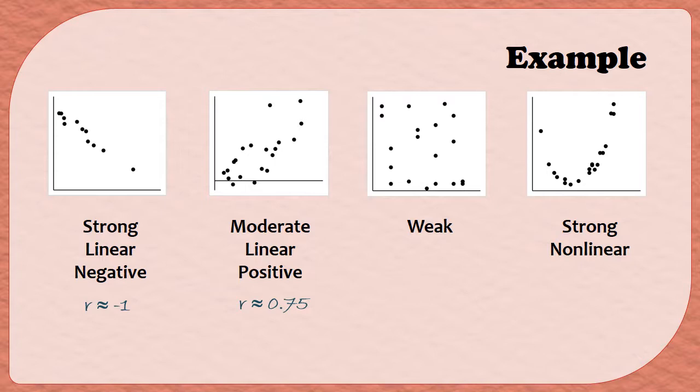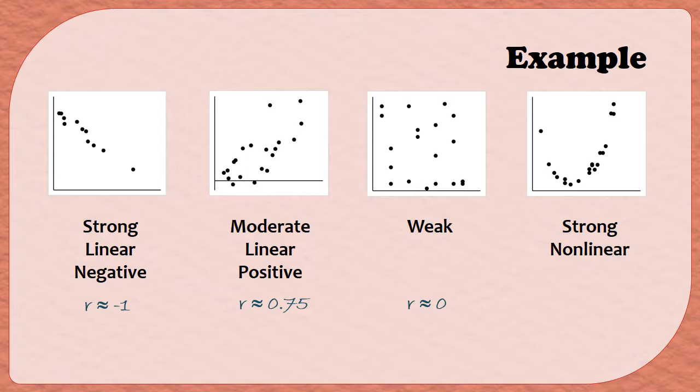For a weak correlation, there's no direction and there's no shape because these points do not appear to be correlated whatsoever. So in that situation, I would expect an R value to be 0. If we were going to make a least squares regression line for this third scatter plot here, it would probably look like a horizontal line. That's what happens when R is close to 0 because there's no real relationship happening, so there's no real sense